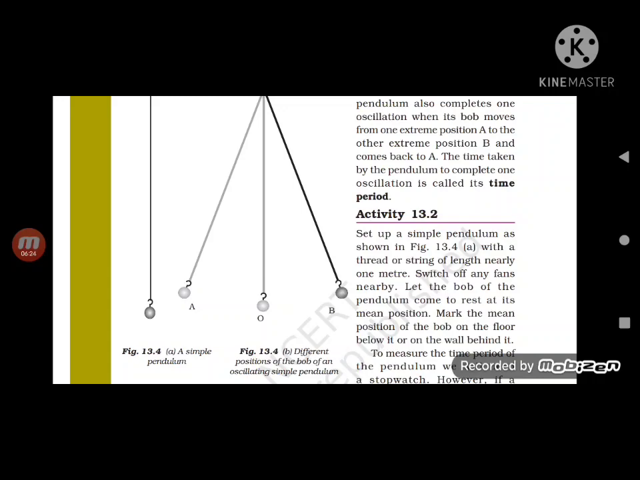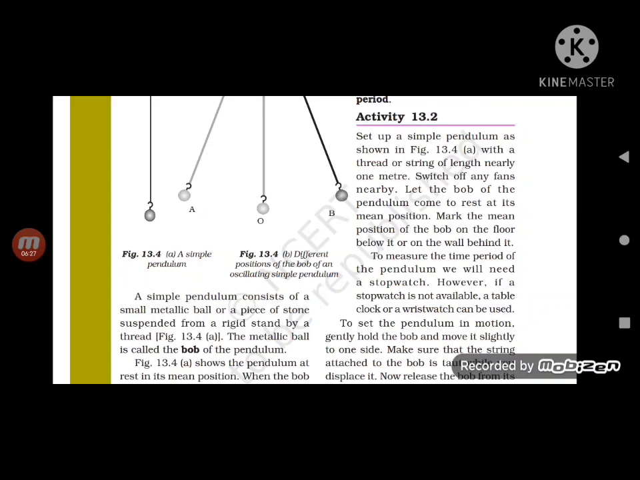period. Now you can see activity 13.2. In activity 13.2, you can see set up a simple pendulum, as you can see, with a thread or string of length nearly 1 मीटर। 1 मीटर की लेंथ रखनी है, सारे फैन बंद कर देने। फिर क्या करना है, बॉब को रेस्ट पोजीशन में रखना है। फिर रेस्ट पोजीशन में रखने के बाद उसकी मीन पोजीशन मतलब वो कहाँ पे था वो पोजीशन मार्क करनी है, और उसके बाद फिर वो दीवार पे था वो पोजीशन मार्क करनी है।